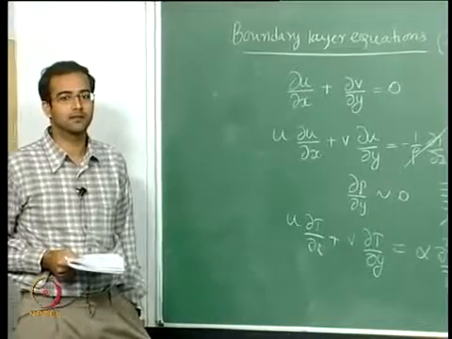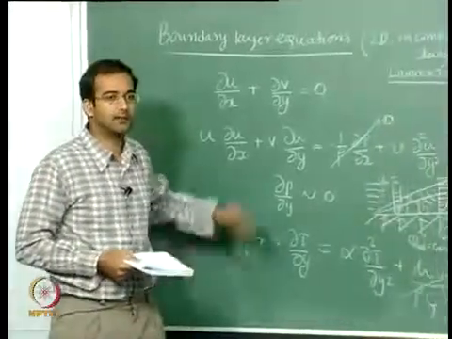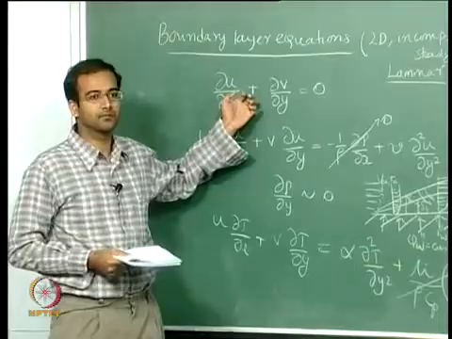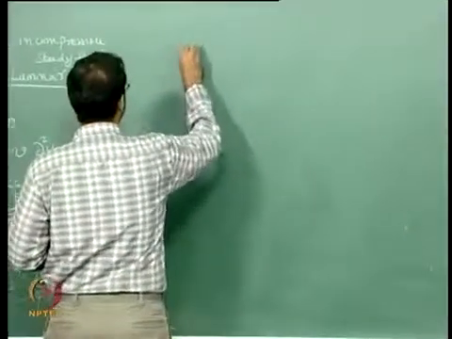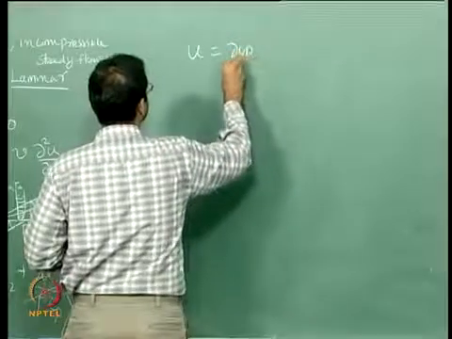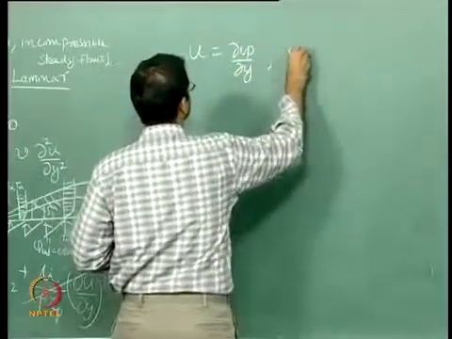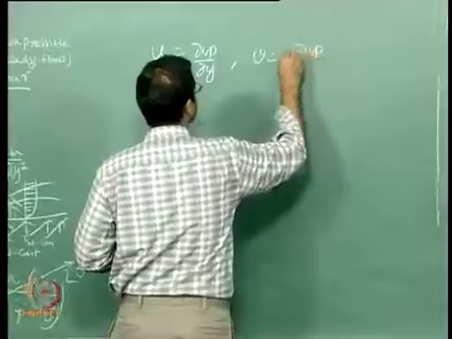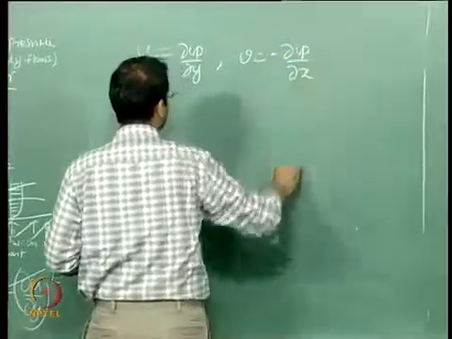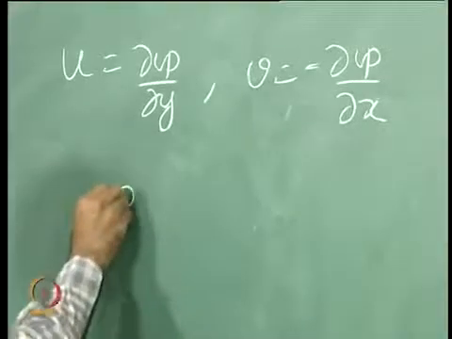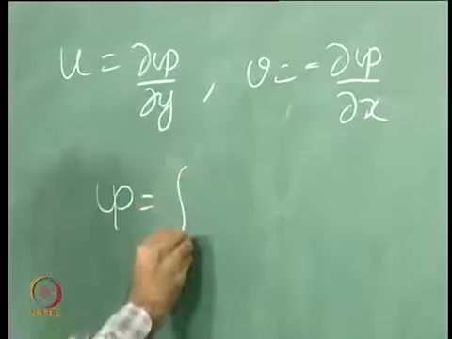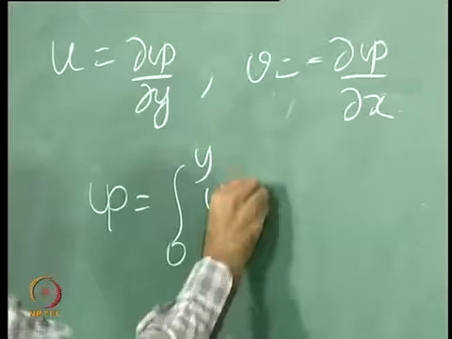Stream function. Okay, so the stream function naturally satisfies continuity. Therefore I will introduce a stream function such that u is equal to dψ/dy and v is equal to minus dψ/dx. Now if I take this and integrate it along y, I get the integral from 0 to y of u dy,